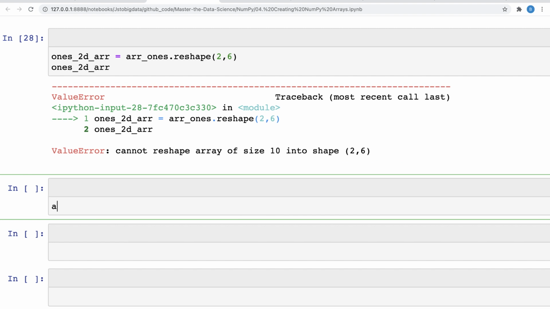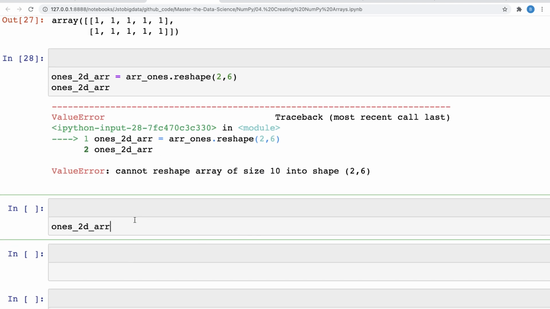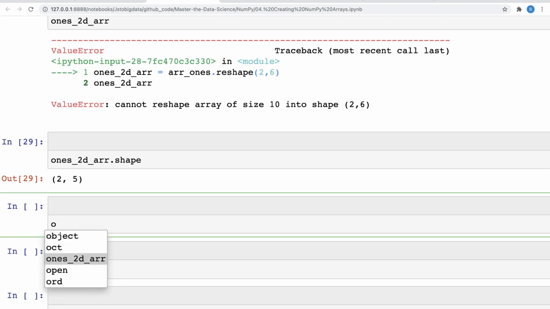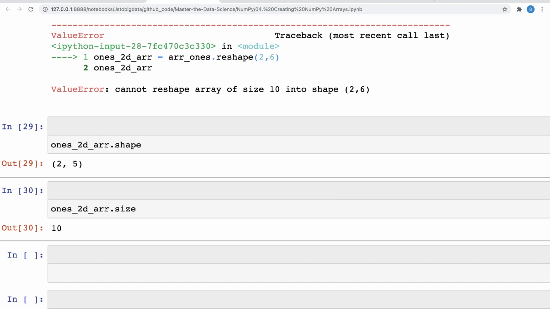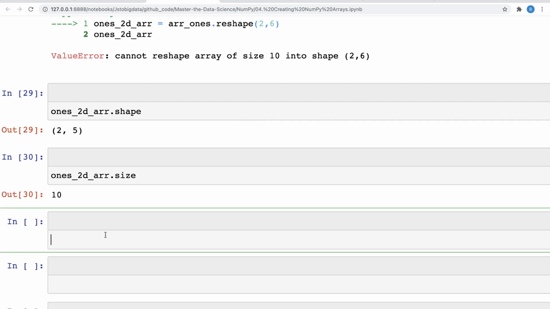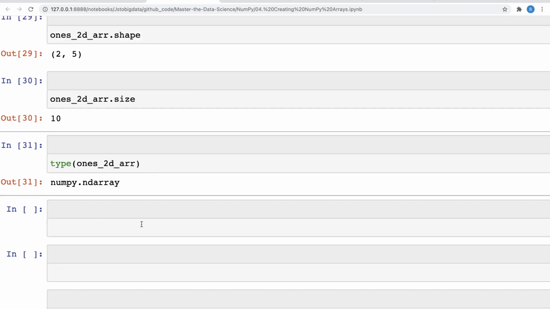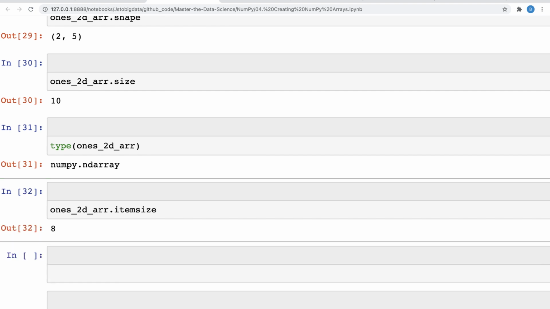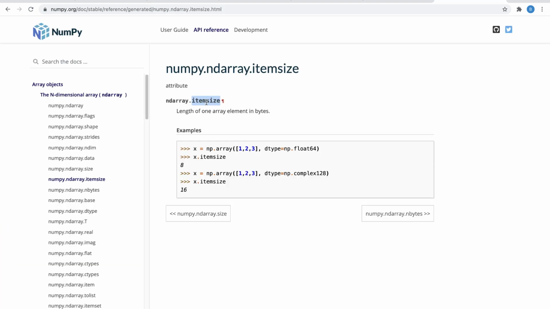Okay, let's just repeat all that. If I want to check the shape of it, you can use shape. If you want to check the size of it, you just do size. And if you want to check the type of it, long back we had done that, you can see that it's of the type numpy.ndarray. There is one more function which I have not explained. If you want to check the item size, once dot itemsize, it says 8. Item size means the size of the individual items that are present, in bytes.